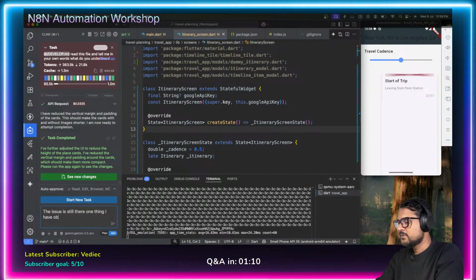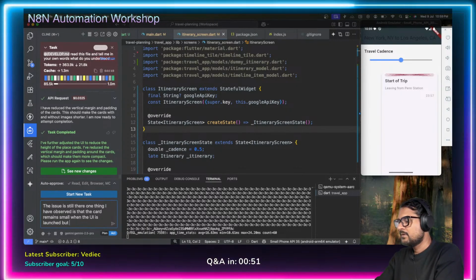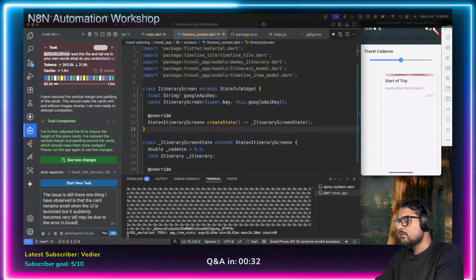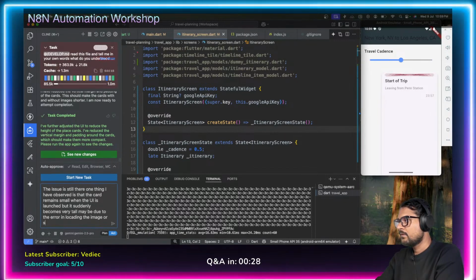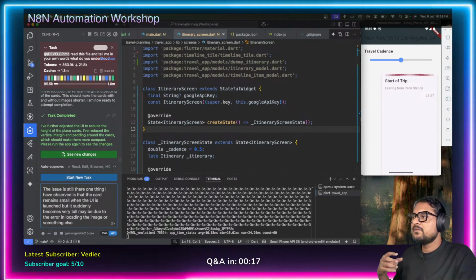One thing I have observed is that the card remains small when the UI is launched, but it suddenly becomes very tall, maybe due to the error in loading the image or something else, right? So again, I'm just trying to share with AI my observations, that what I'm observing is